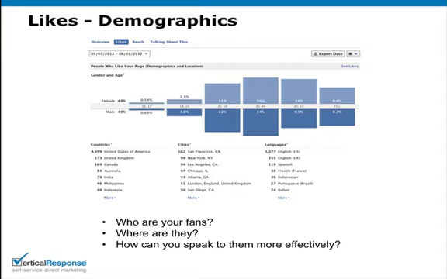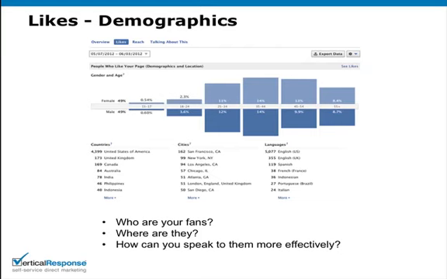The other thing you get from demographics is where your fans are. If you do any international business, you might see that languages and countries vary a lot, and Facebook will allow you to do geographic specific status updates. So if you're seeing a huge growth in any particular country, say United Kingdom here, maybe you do some status updates that are only for your United Kingdom fans. Hey, congratulations on the Jubilee, or whatever it is,